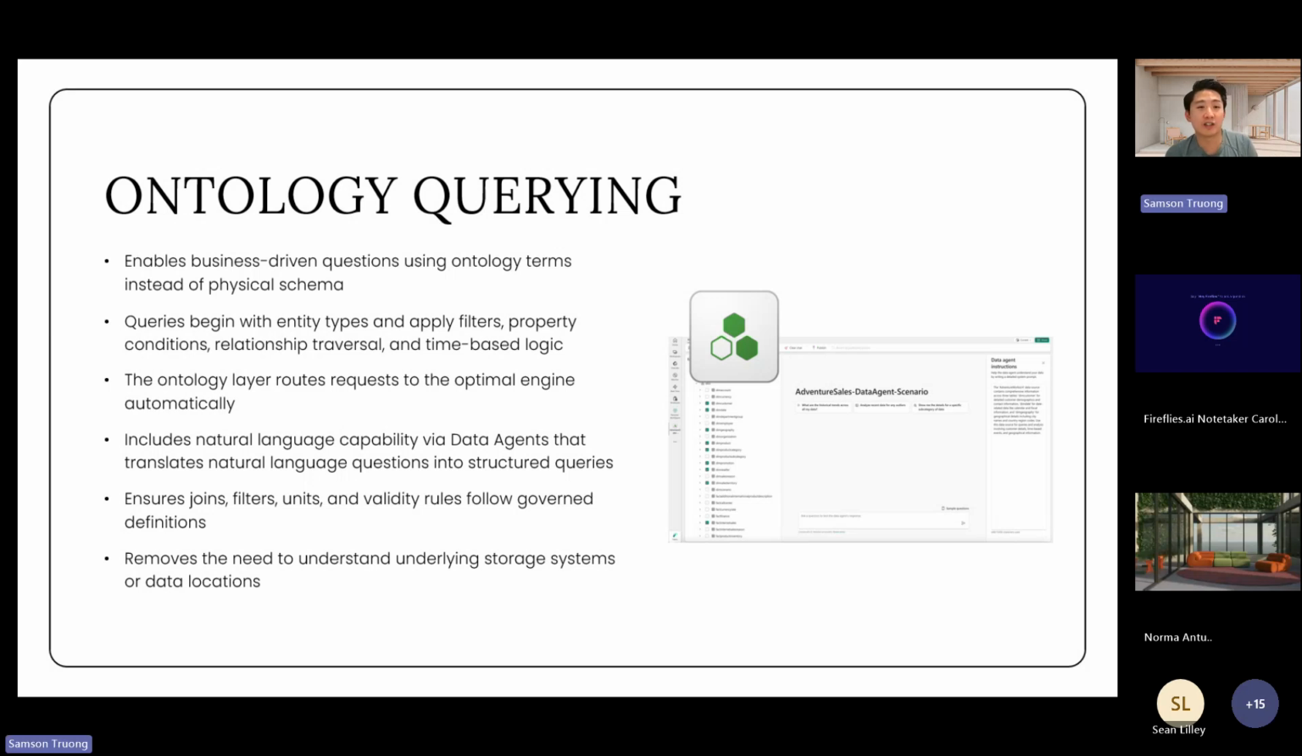And ontology querying also allows you to take it to the next level in terms of taking your data agents and moving them into a more agentic workflow in terms of automation. So in addition to data agents, now we have operational agents in Fabric. And that actually allows you to orchestrate entire workflows based on the data. So for example,